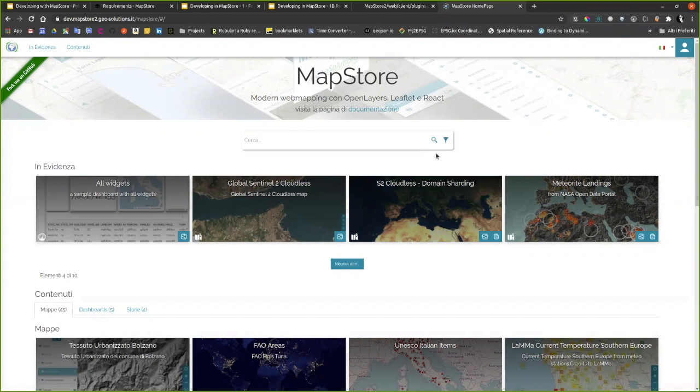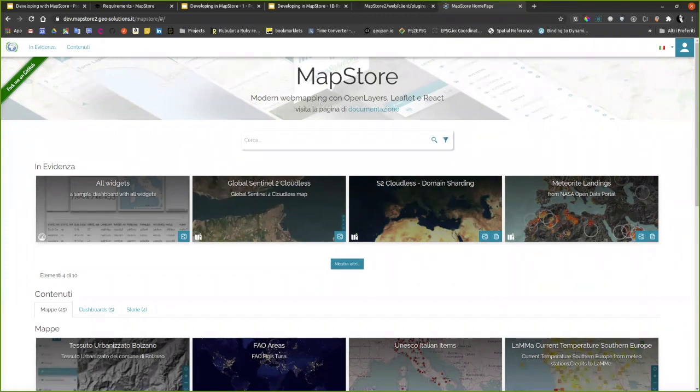But I'd like to introduce a little bit more the product and the new features, in order also to have a break from code and take a look at the functionalities. Mainly, the MapStore product by itself is a Java application that can be installed on a Tomcat or whatever server container you want. And it basically is an application to share maps, to share contents that have typically